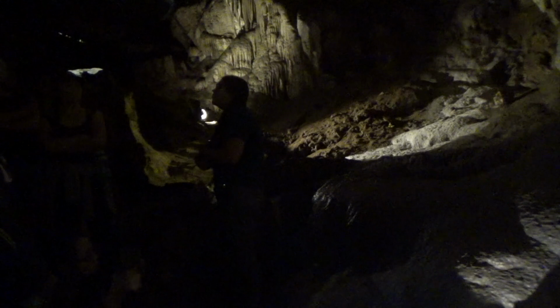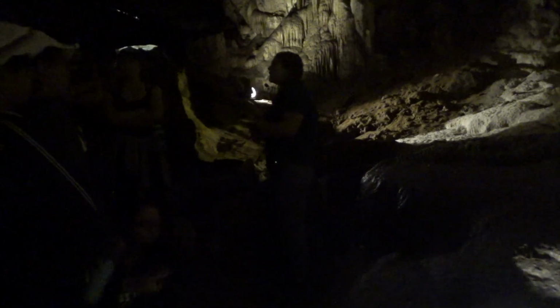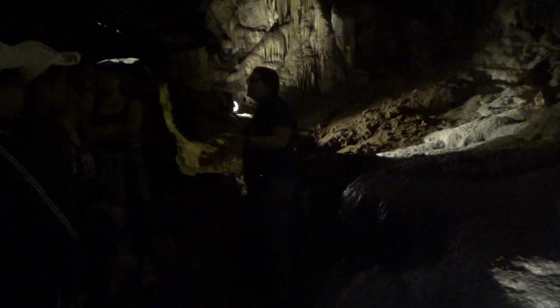In an area of this cave called Whitewash Canyon, we have some isopods that are white. That's basically like a roly-poly, but they don't have any color, and they crawl around and they look for food kind of in some water. We have some animals like white centipedes or tiny white millipedes that we find in here all of the time. And we have a really...